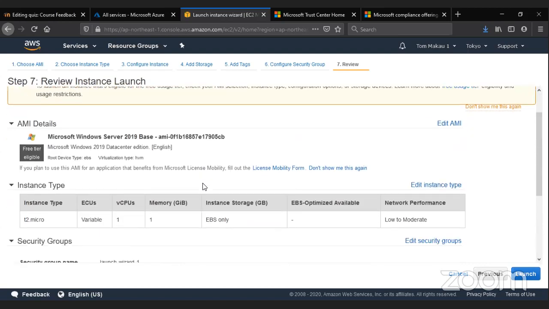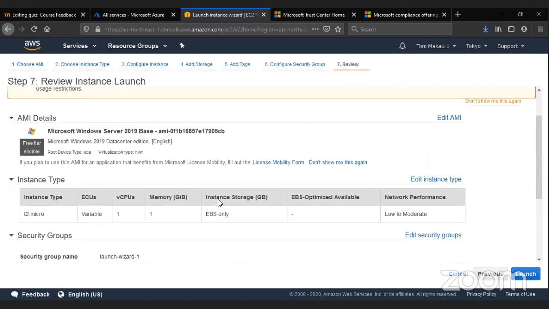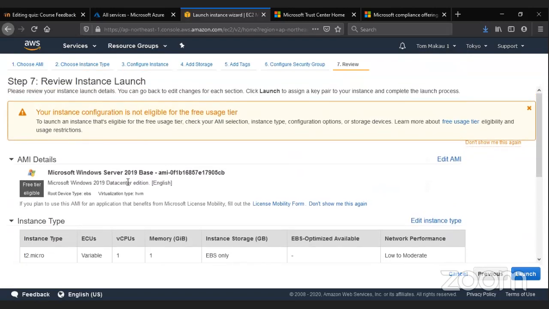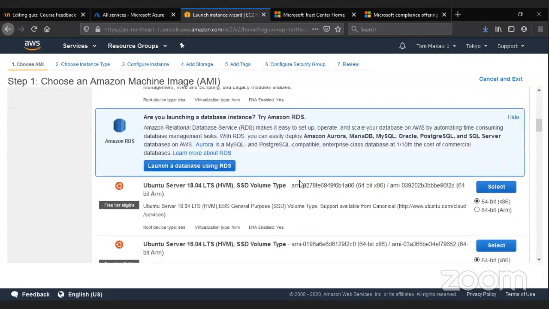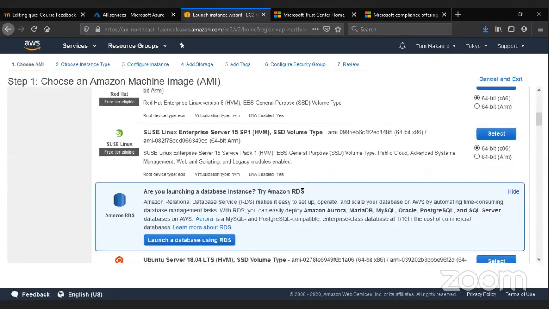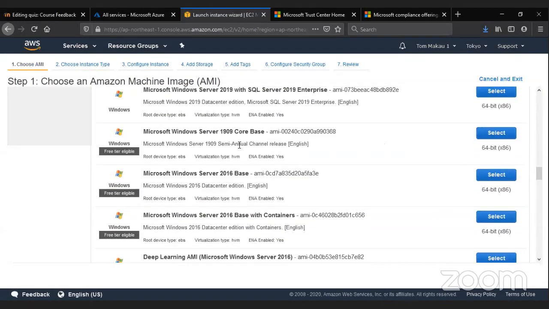What did I choose? Oh, I chose a different free tier. Okay, let me go back. Let me choose one that is available for free. Let's look for a Windows one. Let's choose this server 2016.